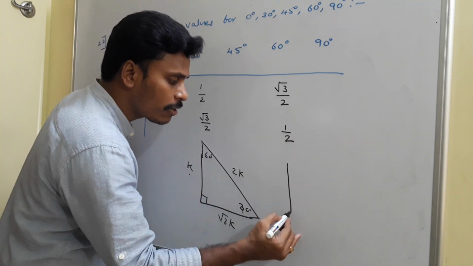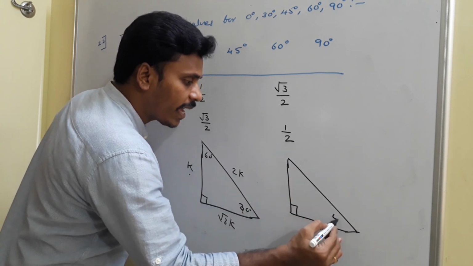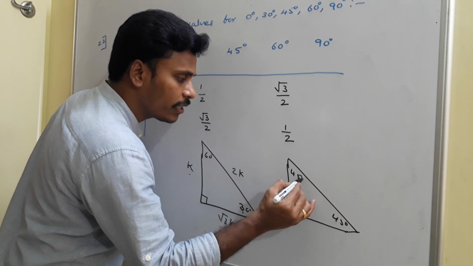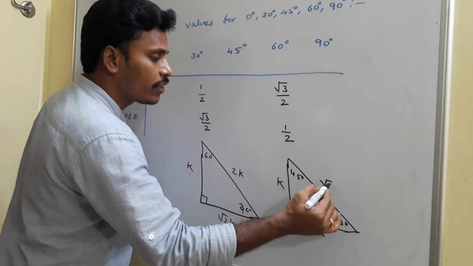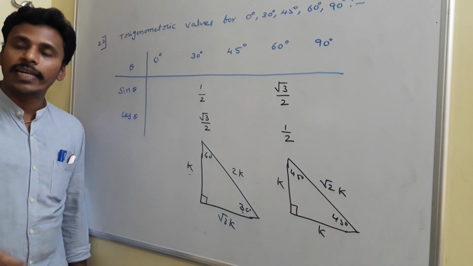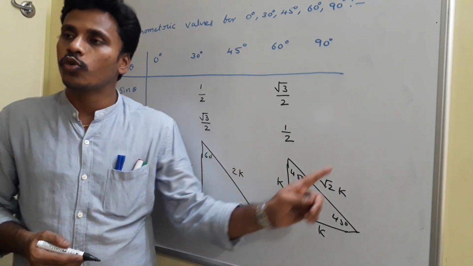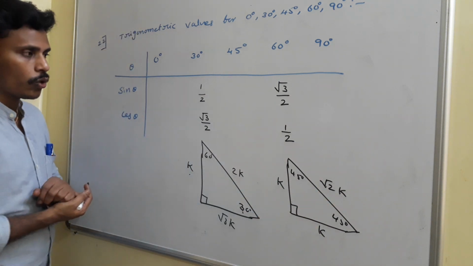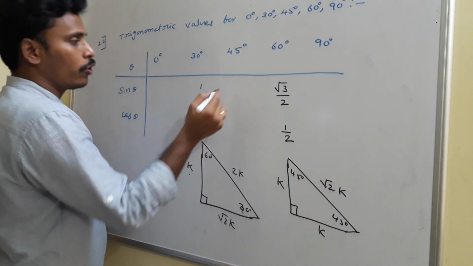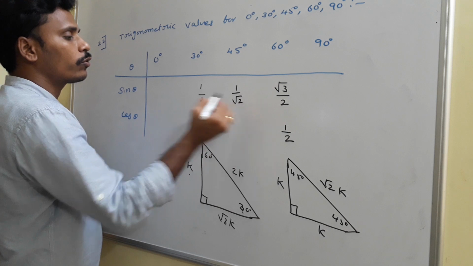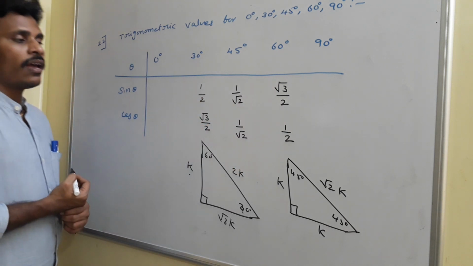We discussed in the previous class that if you have a right angle triangle with the angles 45 degrees and 45 degrees, then the sides ratio is like this. If these are k and k, then this is root 2k. In an isosceles right angle triangle, the sides ratio is always 1:1:root 2. So k, k and root 2k. Now what do you say about sine 45 degrees? Opposite by hypotenuse, and it gives us 1 by root 2. Whereas cos 45 is again 1 by root 2. Just have a look at this.